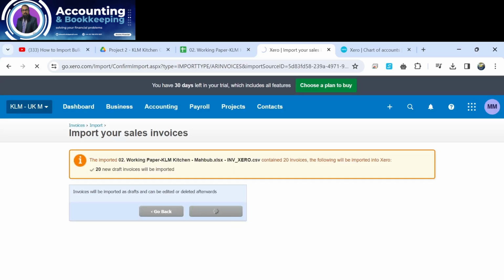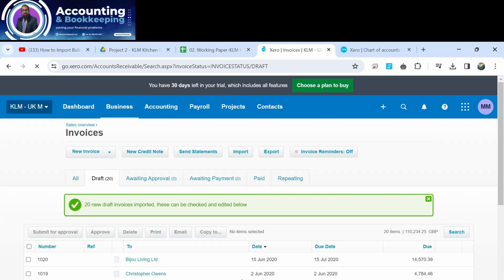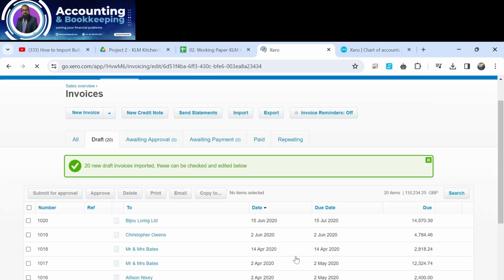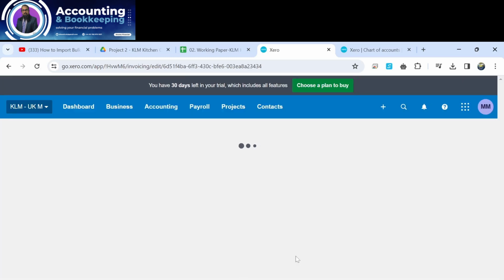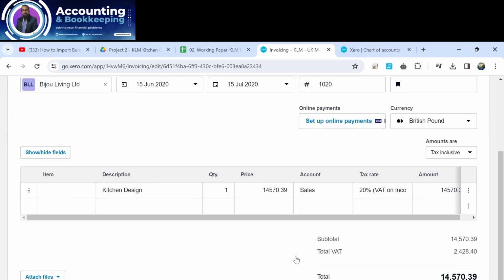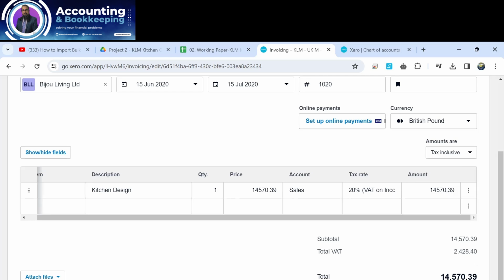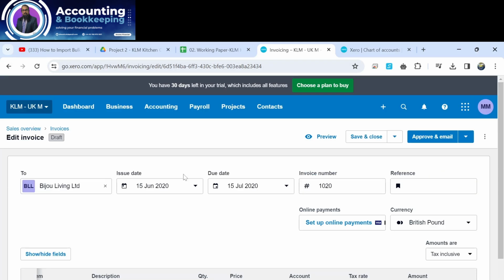Import, complete import, and now we're going to see whether this time it's working. Same invoice. Yes. Notice here my original invoice was 14,570.39 and this amount is 2,428.40. VAT is inclusive. So that's it mainly. Now you can choose your further options, whether it's been paid, part paid, or which